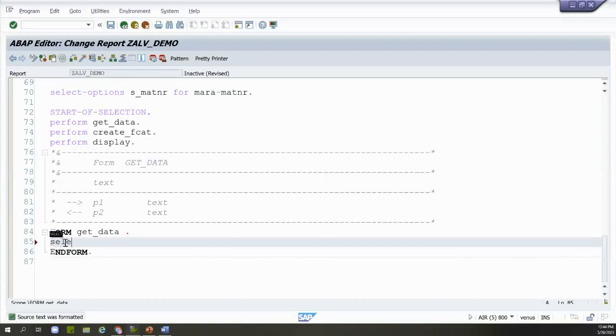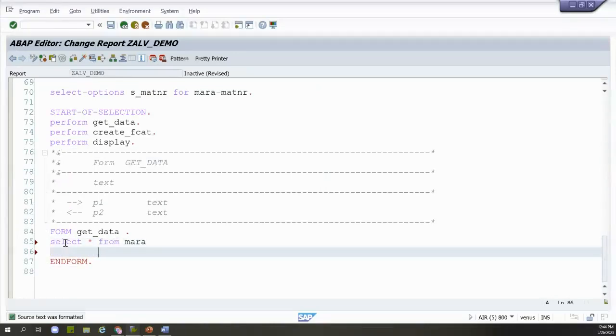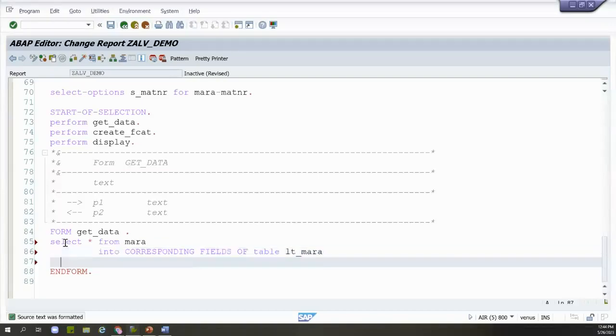Okay. So, select star from MARA into LT_MARA. Since I'm using my own custom structure, I have to use the corresponding fields, where MATNR is in S_MATNR. This is my fetching of the record. After that, what I have to do is